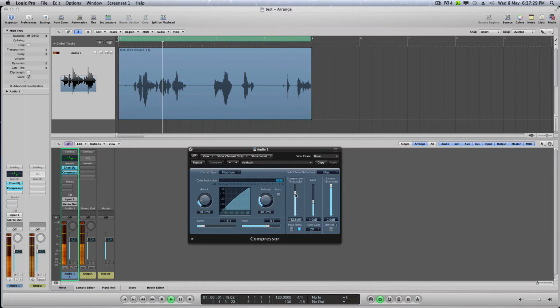Okay guys, this is just a little bit of a test. Going well, thank you. And you can see in the gain reduction, you've got actually gain reduction, which means you're